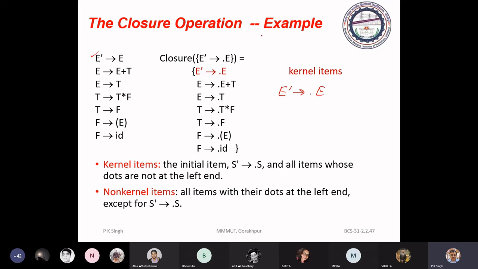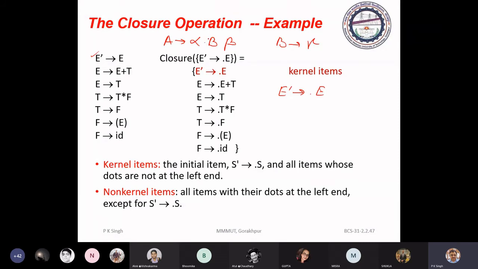You apply the same rule, B to gamma: you have the item alpha dot B beta, means non-terminal B just after dot.